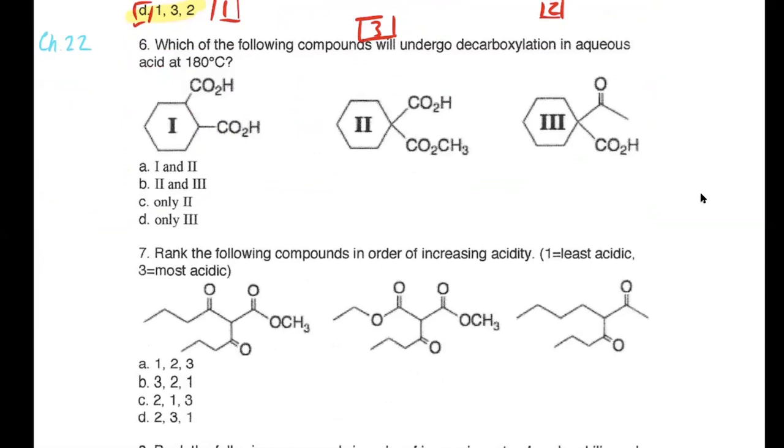All right. So let's go on with the next one. It's asking which of the following compounds will undergo decarboxylation in aqueous acid at H3O+. So this is something that you could see in the reaction section. You could see aqueous acid, so that's going to be it. So 180 degrees Celsius. You're going to see aqueous acid, 100 degrees, 180 degrees Celsius, right? So when you have these conditions, you can have this decarboxylation,